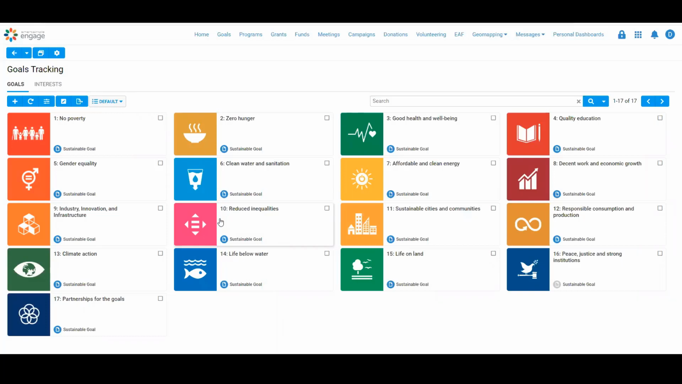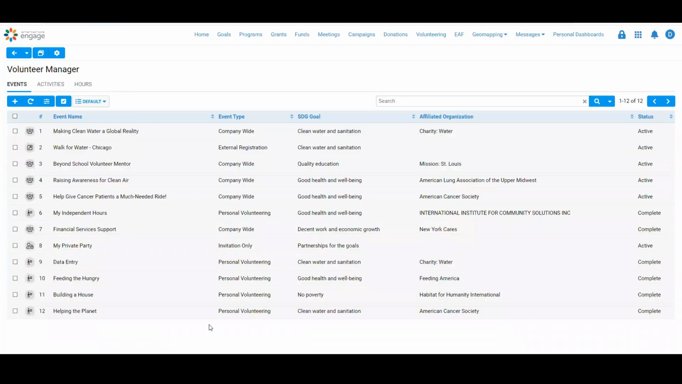So as an example, for our purposes today, we're going to talk about it from a volunteering standpoint. But like I mentioned earlier, it could be any type of activity that you want to track that is associated to your efforts towards the SDGs, and we can then assign those and align them to the SDGs and the goals tracking structure. So to show you, we have a volunteer manager module that we're utilizing for our purposes